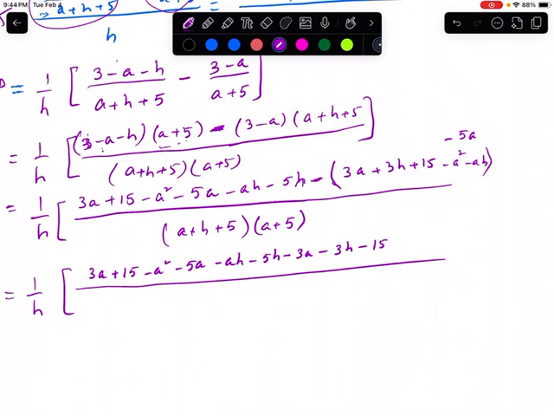Remember, we had parentheses there. So this will give me minus 3a minus 3h minus 15 plus a square plus ah and plus 5a, all divided by